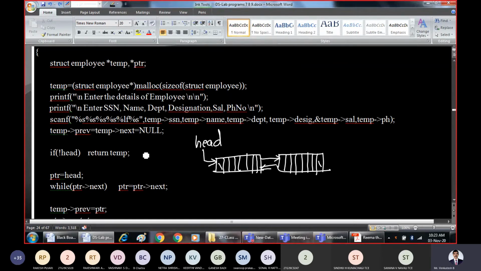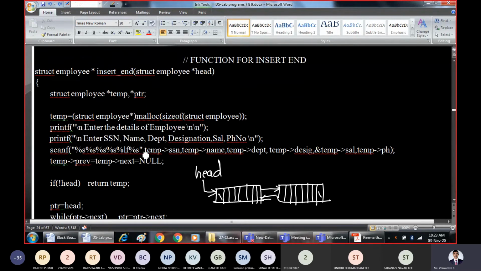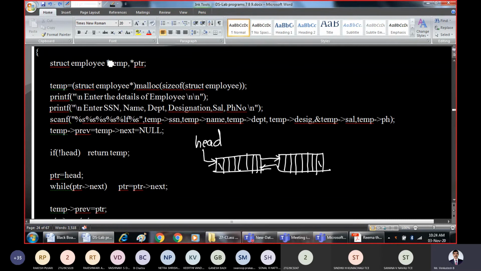With this present status, we need to insert one more node here. So take these temporary nodes for traversal purpose. For the temporary node, allocate the memory. As we are inserting here at the end, I am writing the new node here itself for explanation purpose. This is the new node for which we allocate the memory.